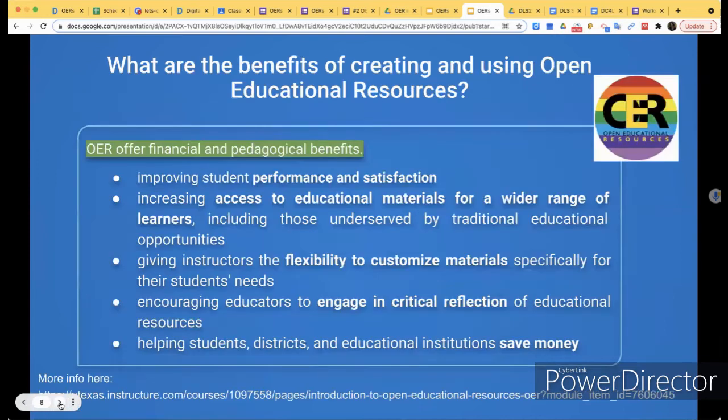Okay, so what are the benefits? As we said before, we can see different benefits. First of all, I discussed before about the time. We can save time for sure. But here we can see also financial and pedagogical benefits, improve students' performance and satisfaction, because as we know, students always need something creative and motivating material to work with. They like a lot, for example, multimedia. This is what I said with my students as well. They really like to work when they see a film, and where we can work with a film, for example,